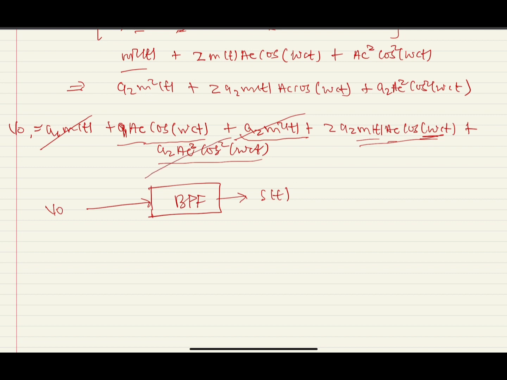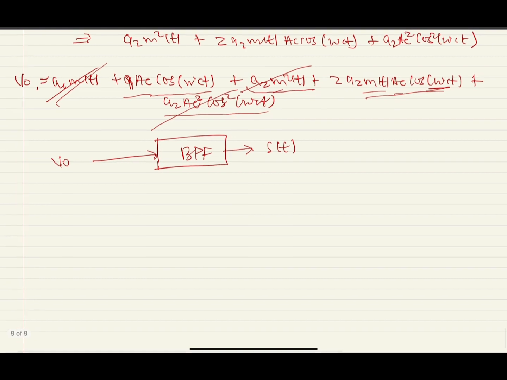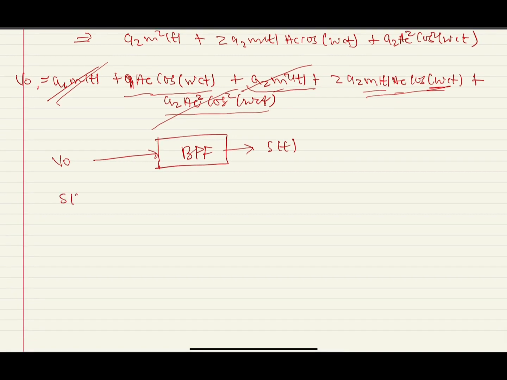So in all, this band pass filter is going to attenuate the first one, the second one, and the last one, and at the end of the day, our S of t, the net output of the band pass filter, is going to be equal